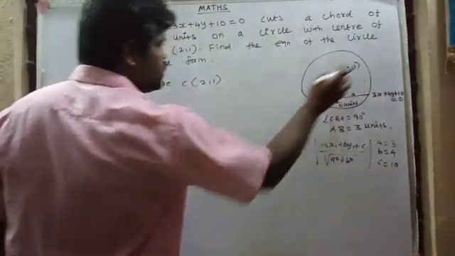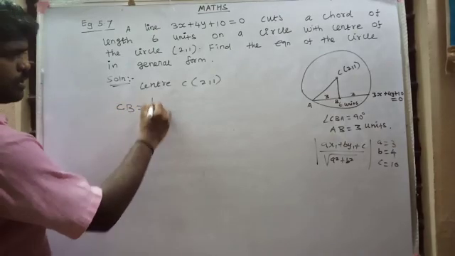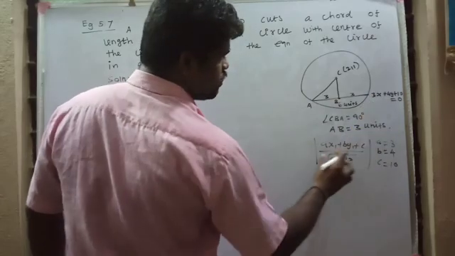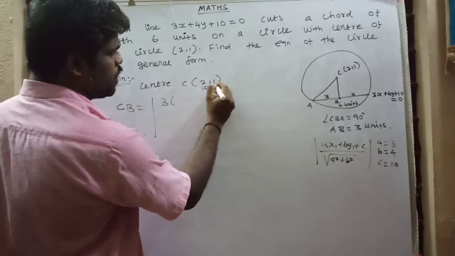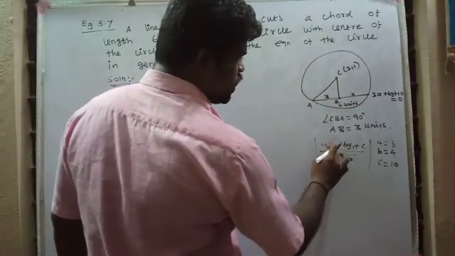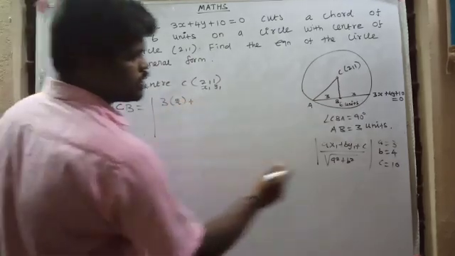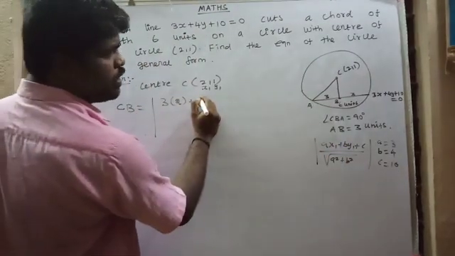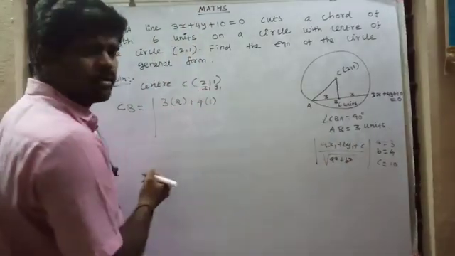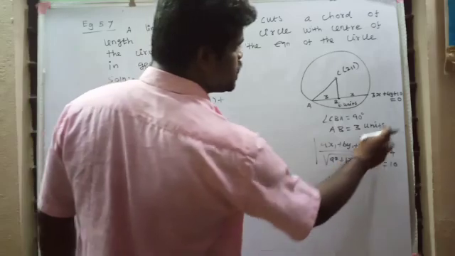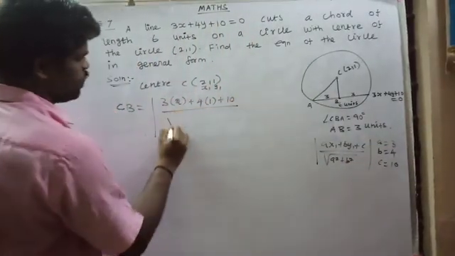From the point C to the line, the distance CB equals, using the formula, 3 into the point x1, y1. Here x1 is 2, so 3 into 2, plus 4 into y1, where y1 is 1, plus the c value 10,